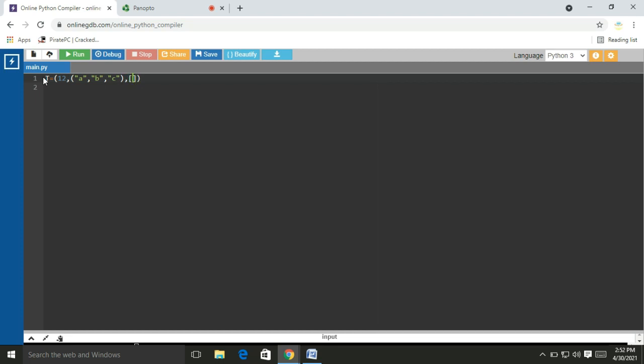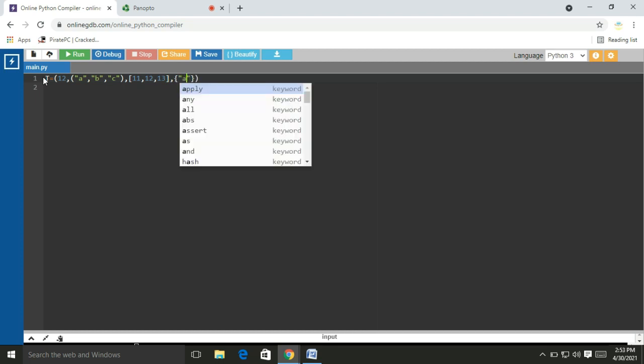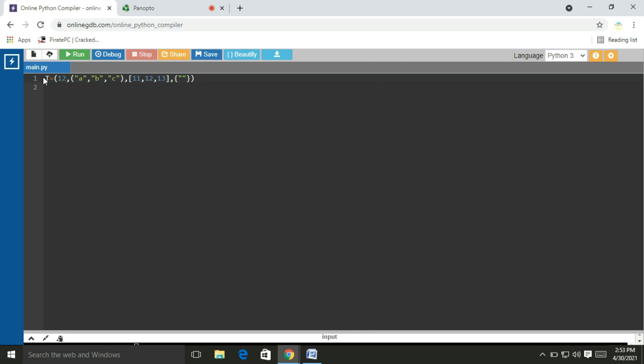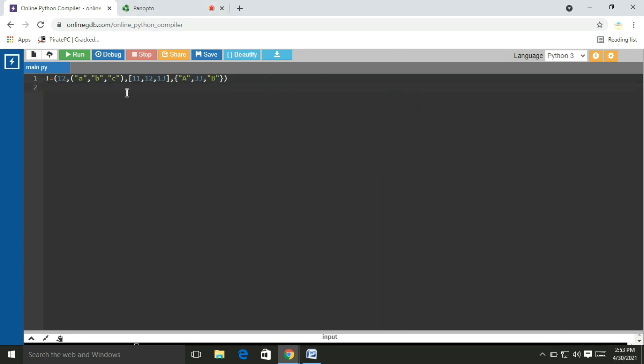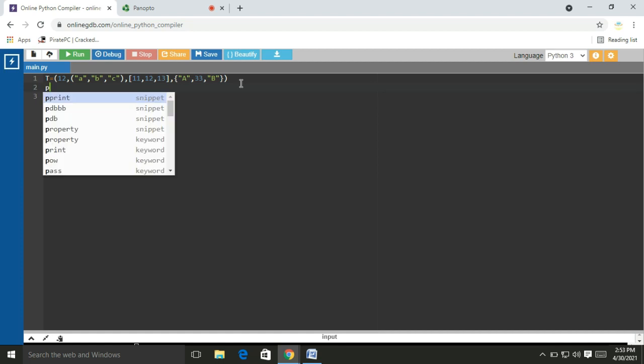I will embed a list that is 11, comma, 12, comma, 13, and embed a set that is capital A, comma, 33, comma, capital B. Right? Here I am embedding a normal element 12, a tuple, a list and a set within the tuple.